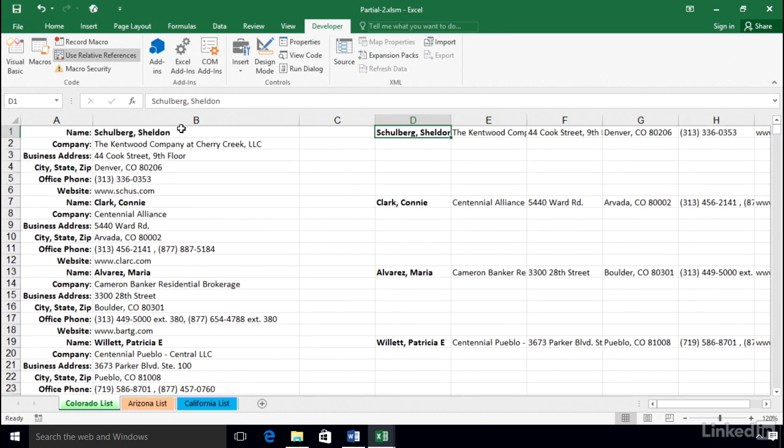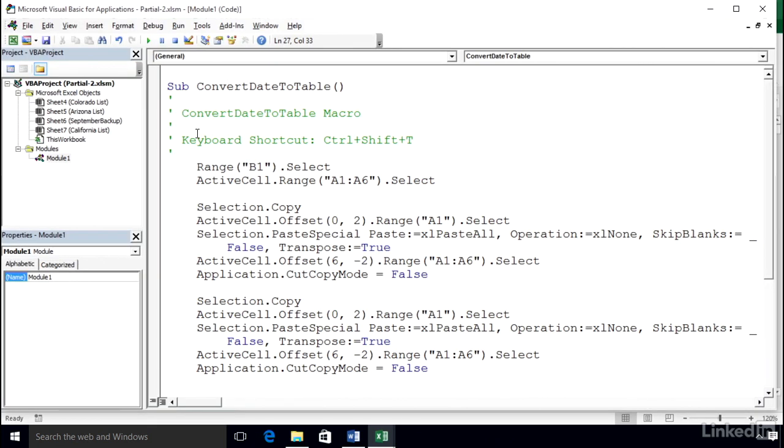And the whole idea of doing this was to recognize that if we do it in the correct way, if we use absolute and relative references in the correct way, the code that we will have created is going to be repetitious. So let's take a look at that code. Alt F11. It's the only macro in this workbook. There are a couple of changes I might want to make to it, but as we look at the code,